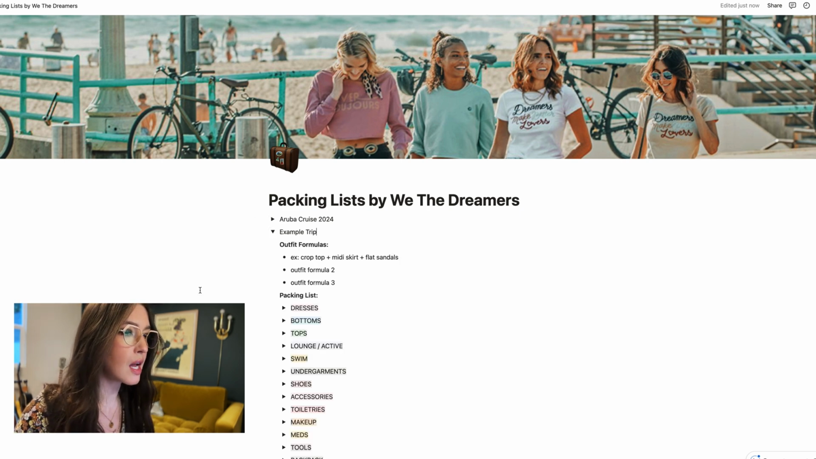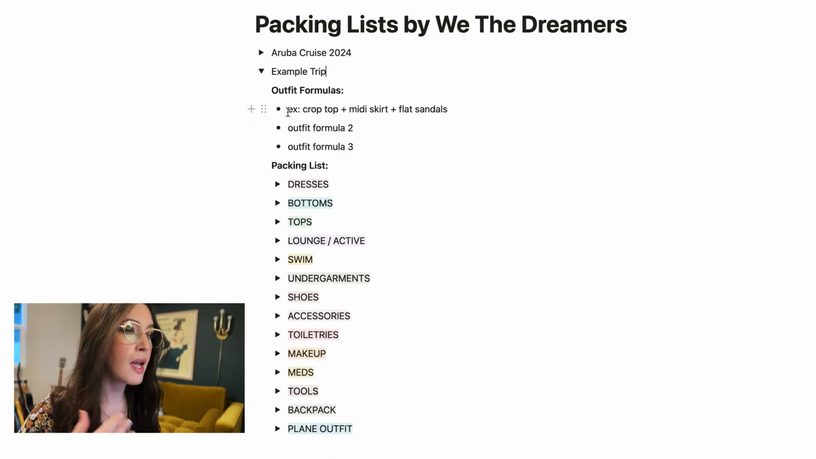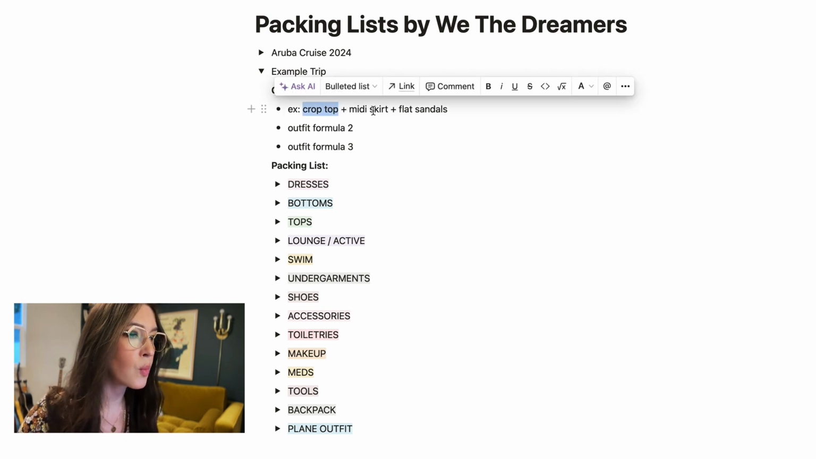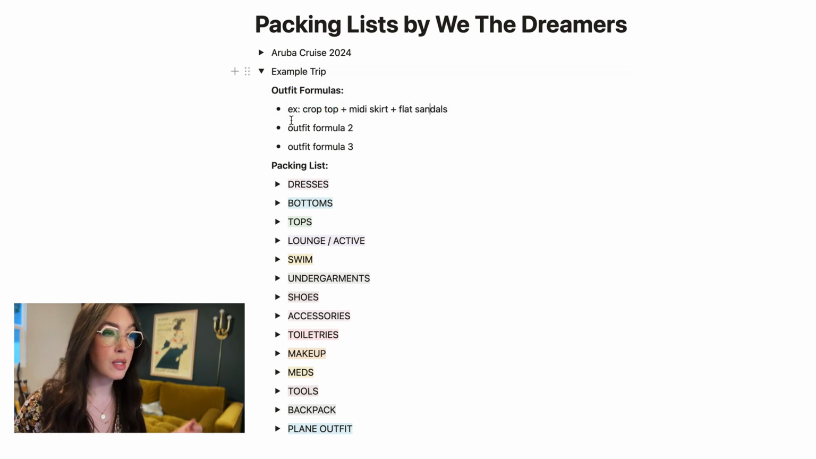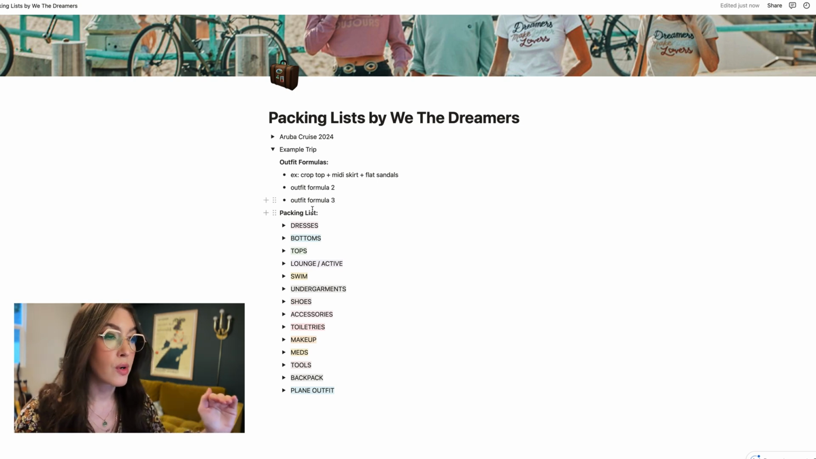And so here at the top is what I was talking about, how I like to list out my outfit formulas. As an example, if I'm going to use the formula of a crop top plus a midi skirt plus flat sandals, I would write that here, and then I would write the other outfit formulas that I'm planning to wear based on the activities I'm planning to do and the weather and all that good stuff on this trip. And then right below that, I have my packing list. I just went in the order of the types of clothing items that I usually bring,